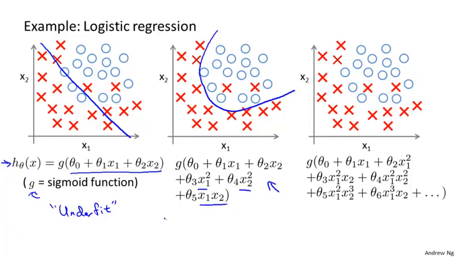And that's a pretty good fit to the data. Probably about as good as we could get on this training set. And finally, at the other extreme, if you were to fit a very high order polynomial, if you were to generate lots of high order polynomial terms as features, then logistic regression may contort itself, may try really hard to find a decision boundary that fits your training data, or go to great lengths to contort itself to fit every